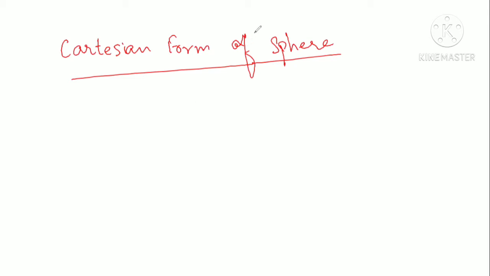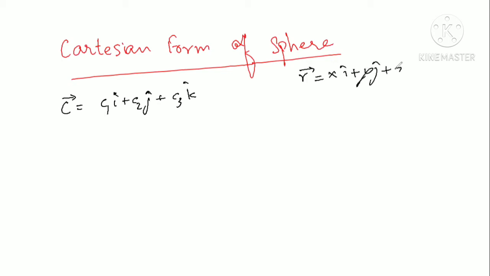So in order to find the Cartesian form of a sphere, let's suppose that the vector C, which is the position vector of the center of the sphere, is C1 i cap plus C2 j cap plus C3 k cap, and vector R is x i cap plus y j cap plus z k cap. Now we know that mod of R minus C is equal to a, as I just told you